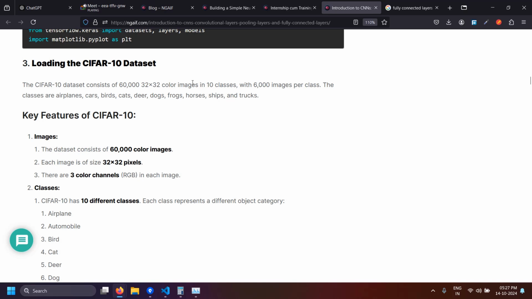So if you remember, in the previous MNIST dataset we were having digits in the black and white or grayish format, but this time in this dataset we are having 60,000 32 by 32 color images in 10 classes. So there are 10 different classes available here with 6,000 images per class. The classes are: airplanes, cars, birds, cats, deer, dogs, frogs, horses, ships, trucks. So these are the available classes in this dataset,